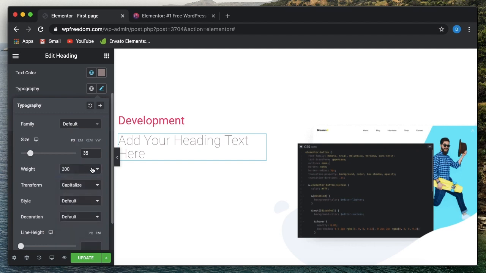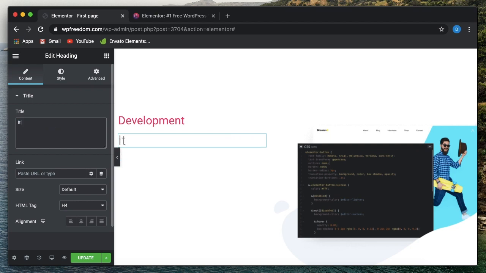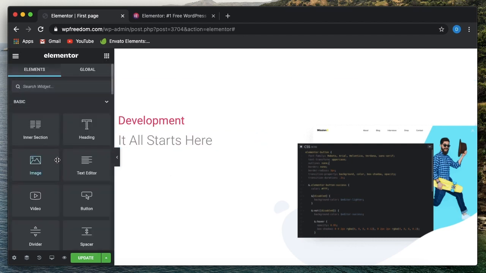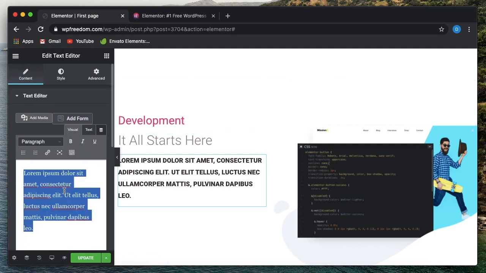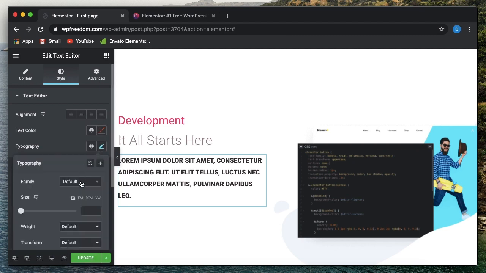Set the weight to 200. It should be at least clearly visible what the text is. And then some paragraph text, for which you can use the text editor, right? Again, we need to adjust the style of it. Text color is fine. Typography,